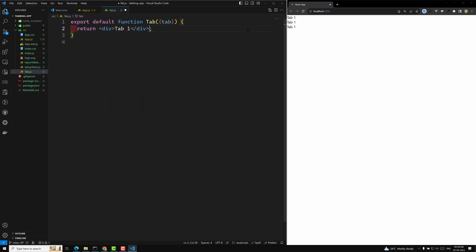Here I will get the tab, and here I will show the tab dot title. Okay, tab dot title, and this one is something like class name is equal to heading, like this we will use it. Fine. So now let's try to design some CSS so that you will be able to understand what I am